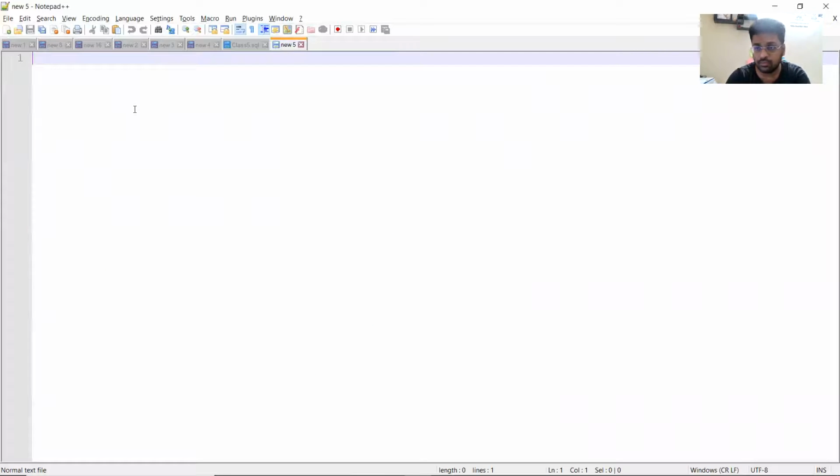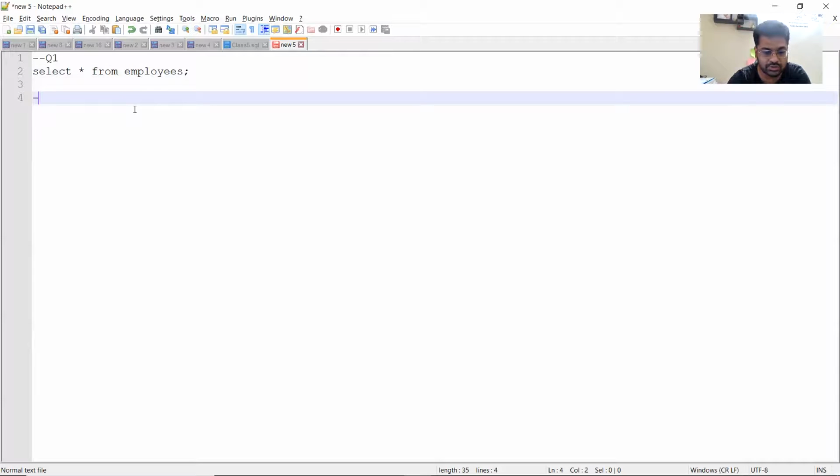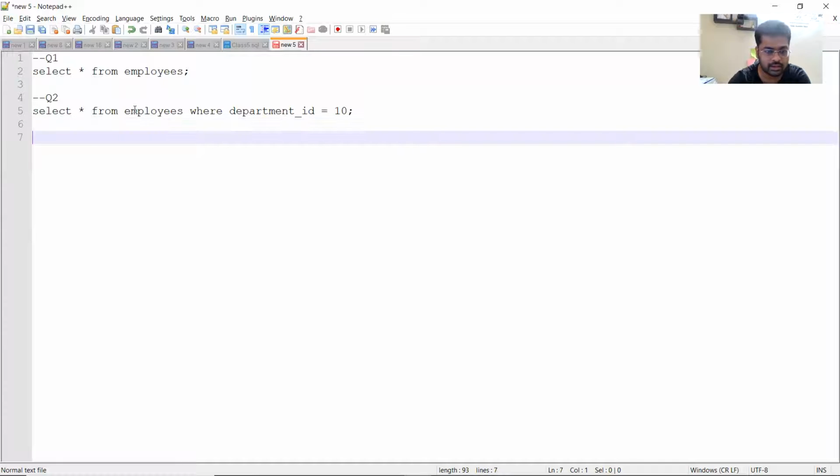Now what I want is you write the query. For example, my first question is maybe having this query: select star from employees. Whatever the answer is, I'm just writing a random query. My second question will have a query like select star from employees where department ID is equal to 10, and so on.